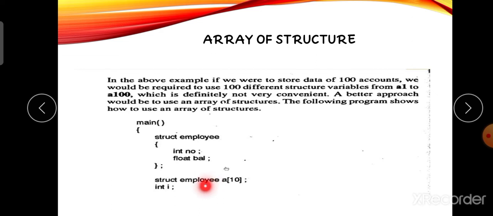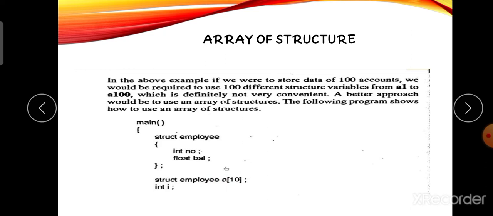Struct employee a means it is a structure variable, where struct is the keyword and employee is the structure name. This is the structure variable only. Struct employee a of 10 is an array, so this is the array of structure.